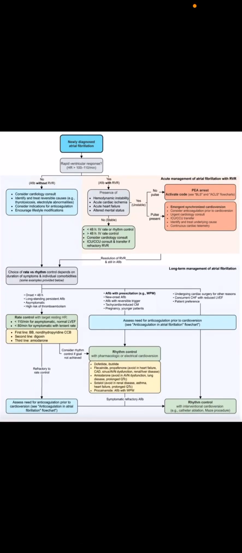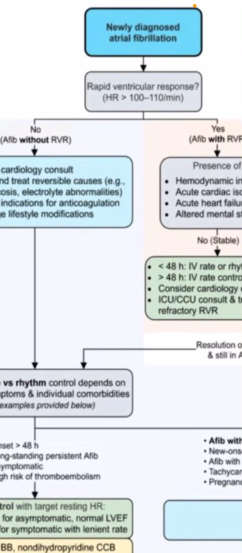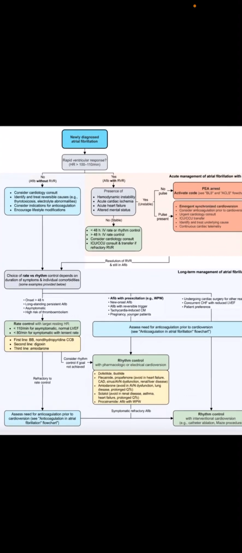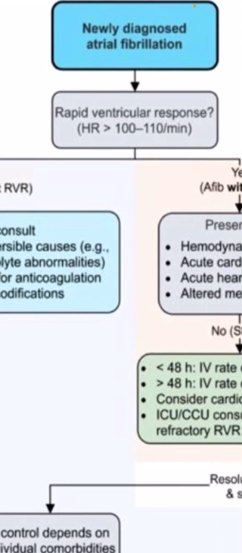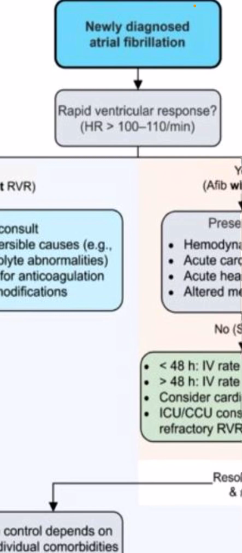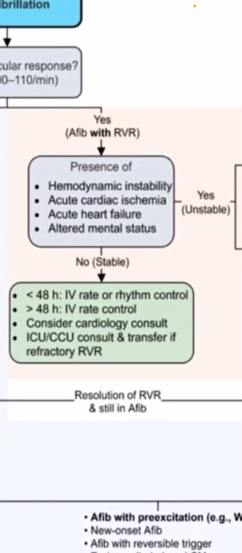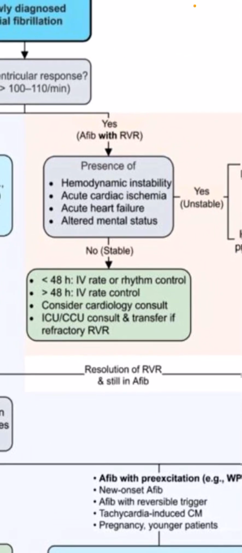How would we treat newly diagnosed atrial fibrillation? So I love this scheme so much. It is from AMBOSS. So first we check for rapid ventricular response. If this person has a heart rate more than 100, if they do, you check for presence of hemodynamic instability,